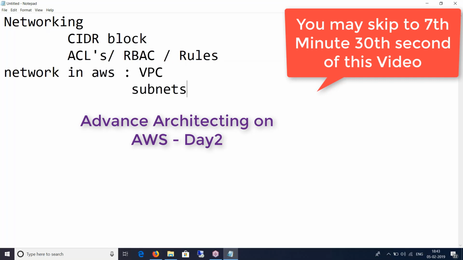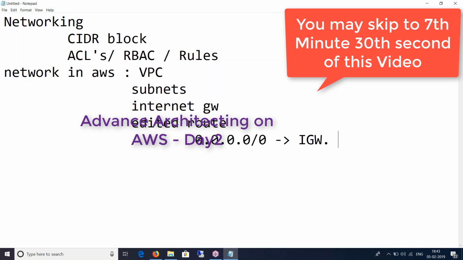Thereafter, we created subnets and an internet gateway. We did not create a route, but we edited an existing route and added 0.0.0.0/0, and then pointed that to our internet gateway. Thereafter, our VPC was created.